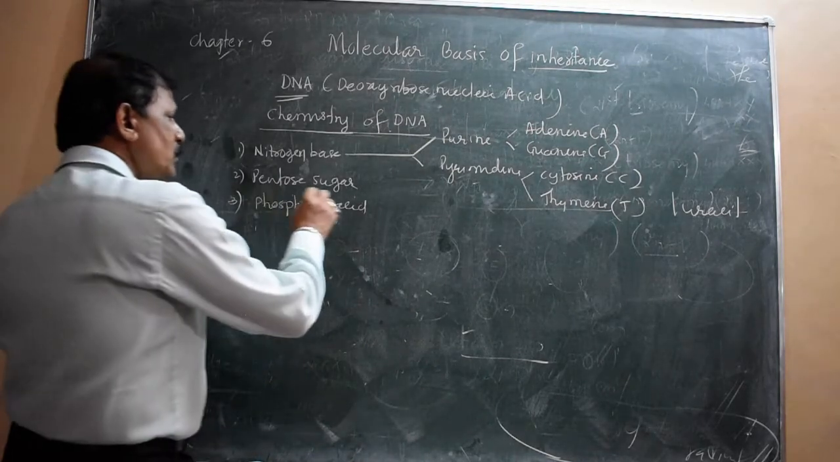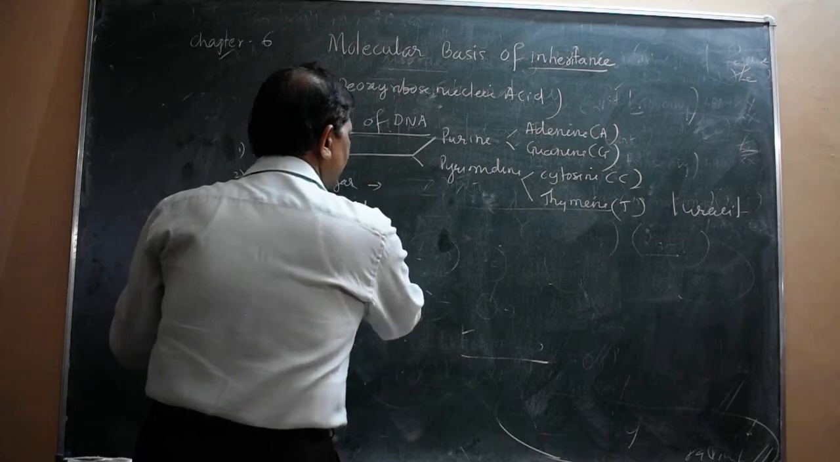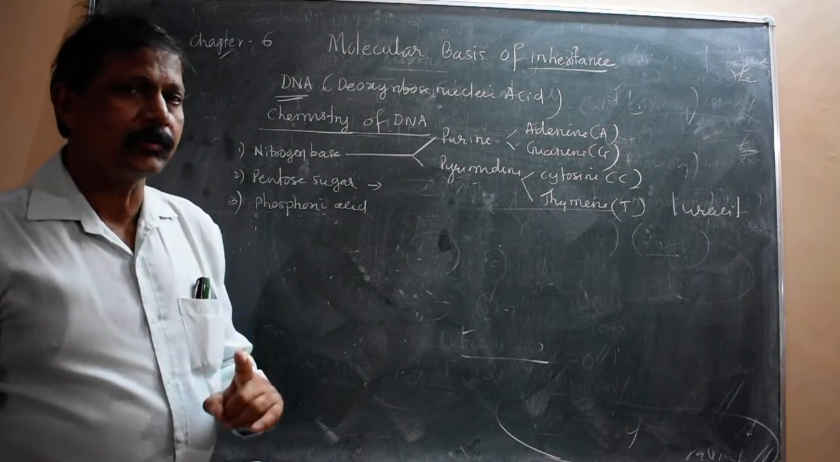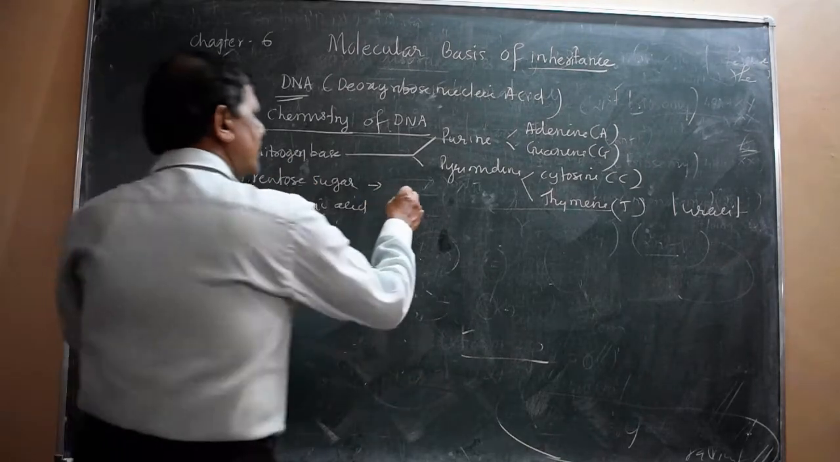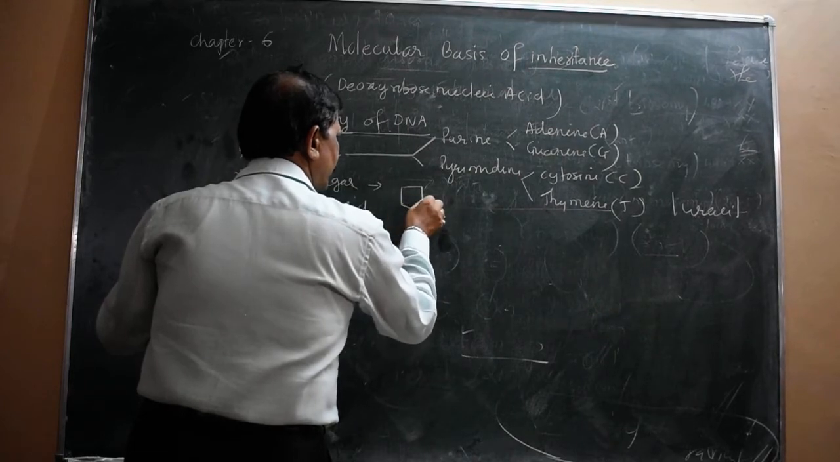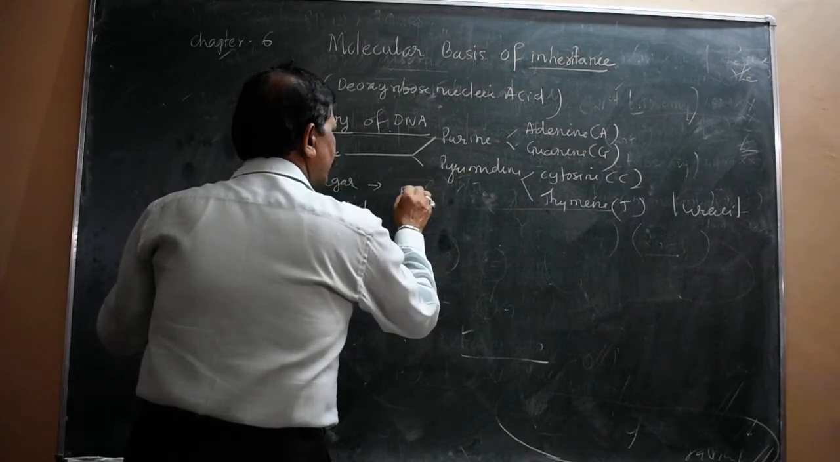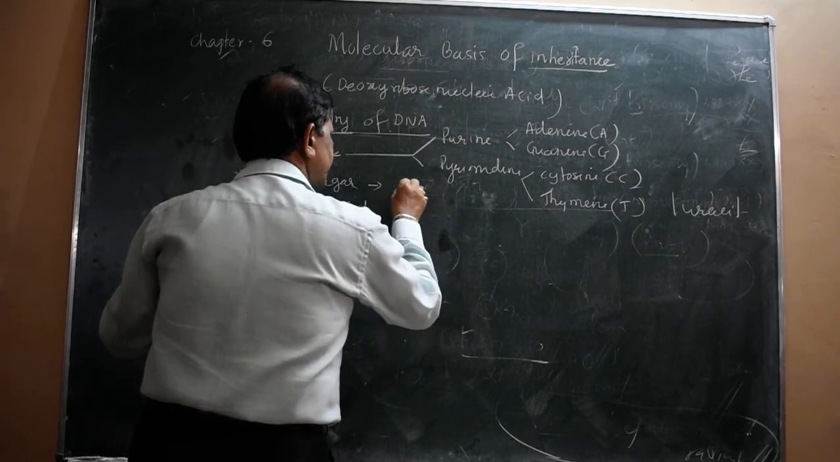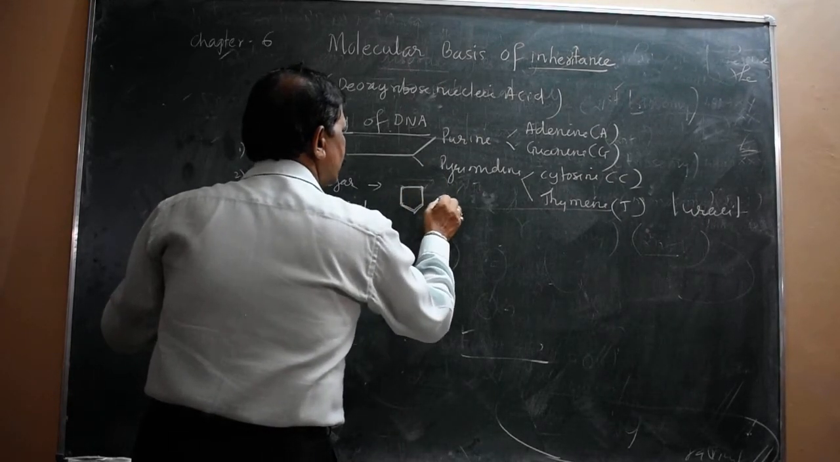Then the pentose sugar is the ribose, deoxyribose. Pentose sugar is what? Deoxyribose. And the structure is like this, containing five carbons, the 5 sugar molecule like this here. Pentose sugar, the formula